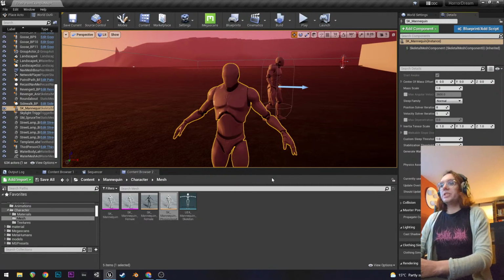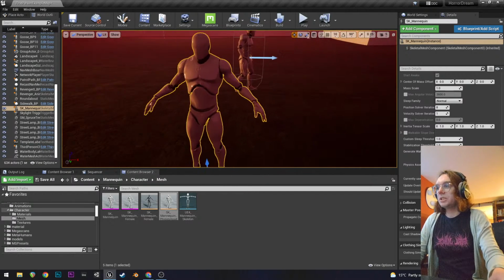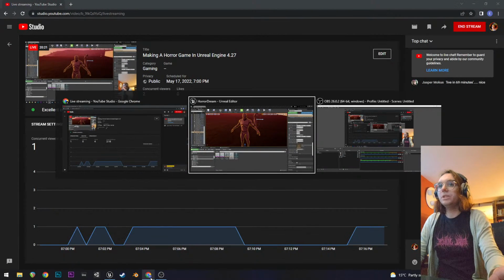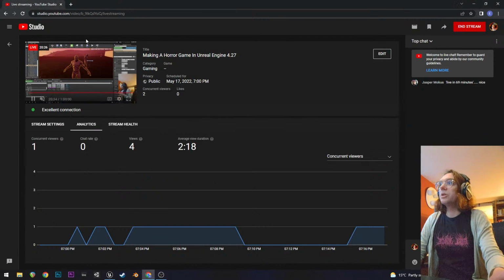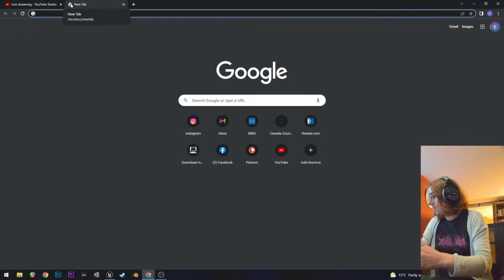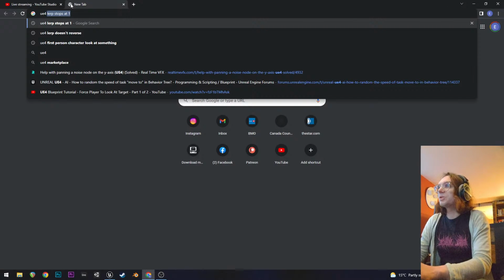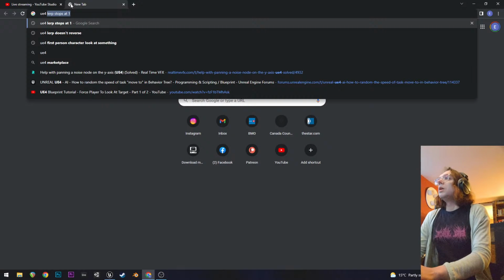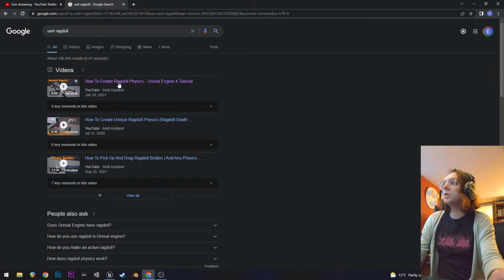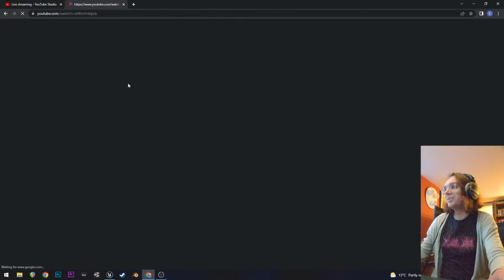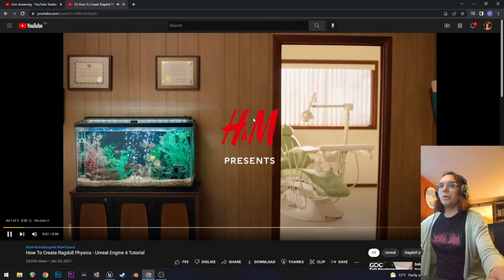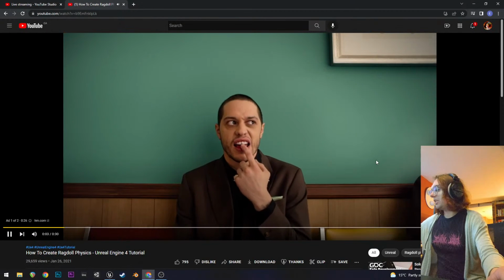Alright, so I have this physics asset, I have this skeleton, I need to make it go ragdoll. We're gonna have to look on the internet for that. I'm sorry if you hear me slurping at my root beer. That's kind of gross, but ragdoll. How to create a ragdoll. We're gonna put this tutorial through the grain delay, so that'll be interesting.